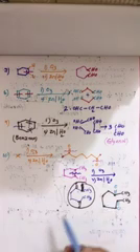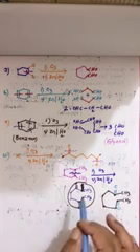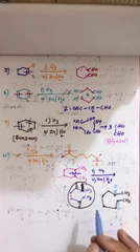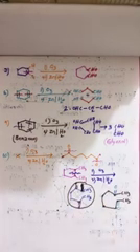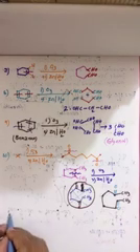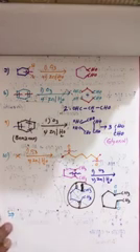Clear? Like this. Where the double bond is there, you have to break it, and you get a new product. This is ozonolysis in the presence of a reducing agent. That's why we call it reductive ozonolysis. With a triple bond also we can do it. Clear? That we'll discuss later. Thank you.